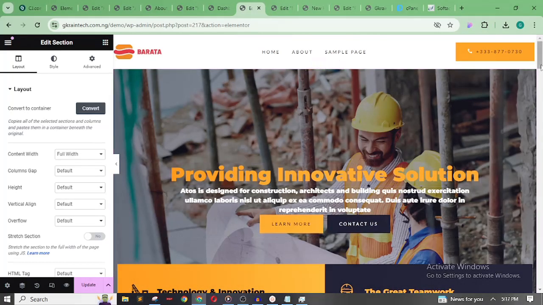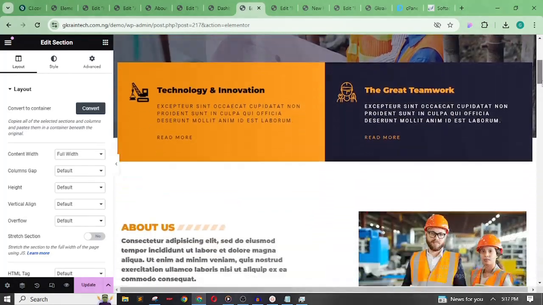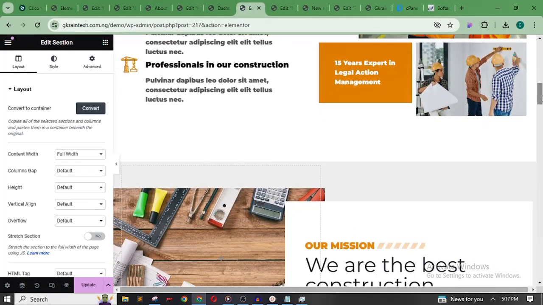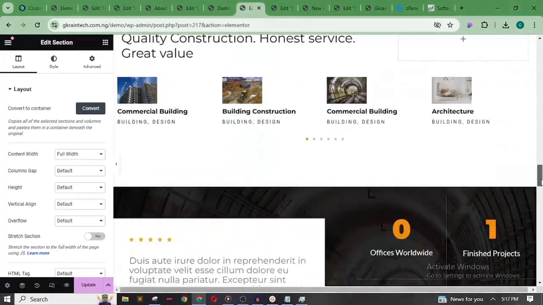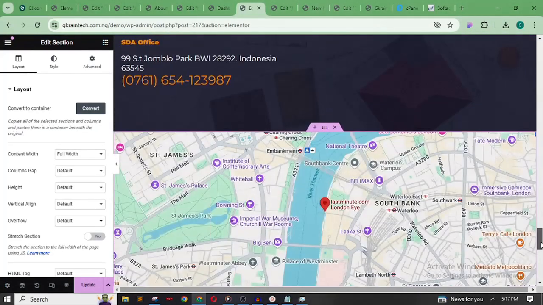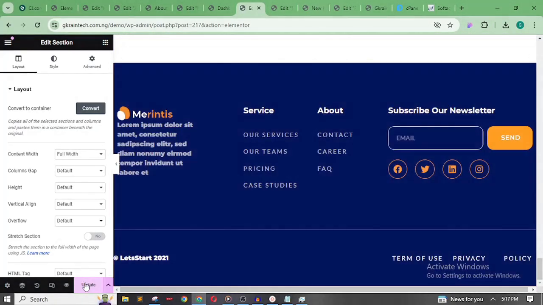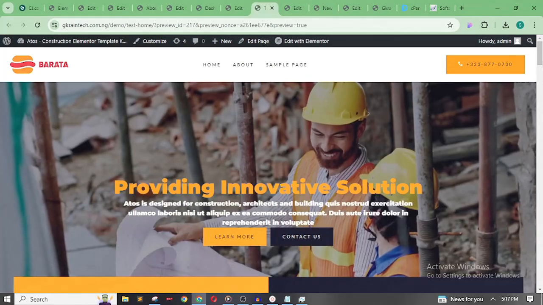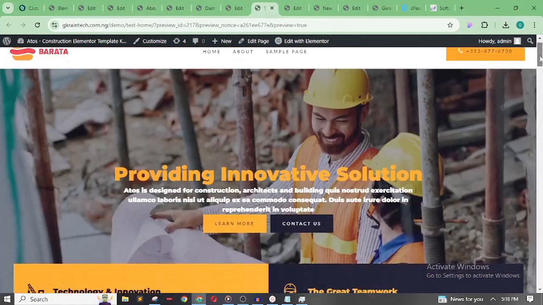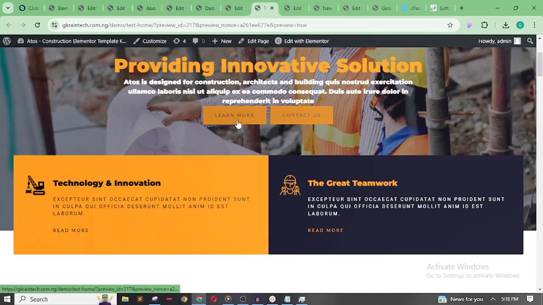Wow, as you can see, we have successfully imported the real estate template. So now you can see that this is simply how to use the template. Let me update it and preview it, and let's see how it looks. So as you can see, this is what we have now. So you don't have to